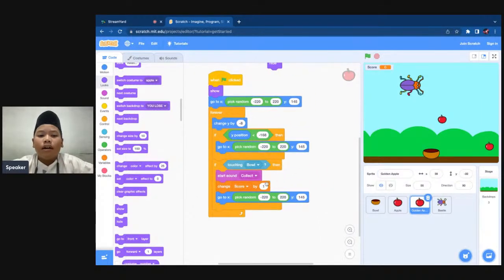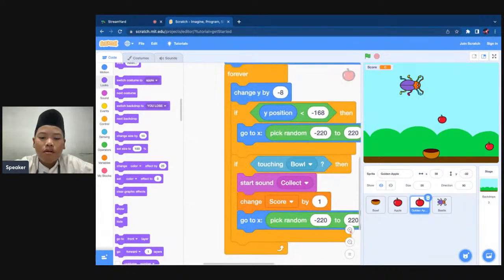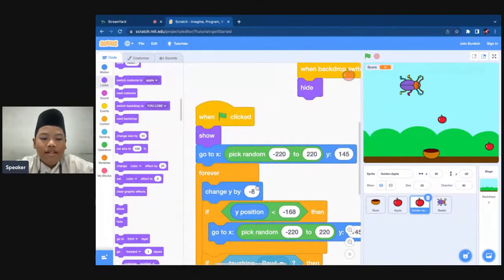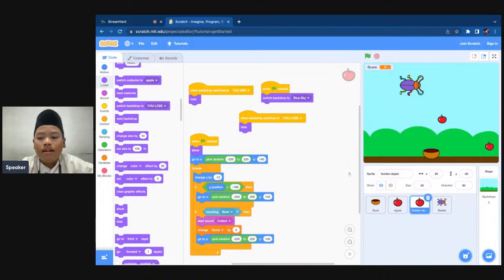And everyone, as you can see, there's this change score by block here, by 1. Now change the 1 into 2. And then this change y by minus 8 block, change it into minus 12. And then in the golden apple, go to costumes.